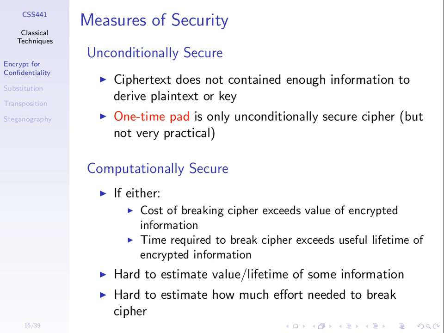For example, my bank account has 1 million baht in it. And it's encrypted, so the password to access my bank account is encrypted with an algorithm. And you know the algorithm, you know the ciphertext for the password. So if you can find the password, the plain text, you can get 1 million baht. That's the value of defeating the cipher. Now, you want to get that 1 million baht. So what you do is you go and buy a supercomputer which costs you 3 million baht, and you decrypt and you get the key. Okay, so you get my bank account.